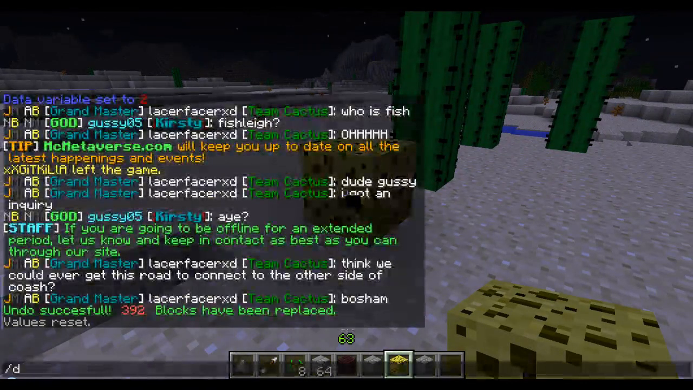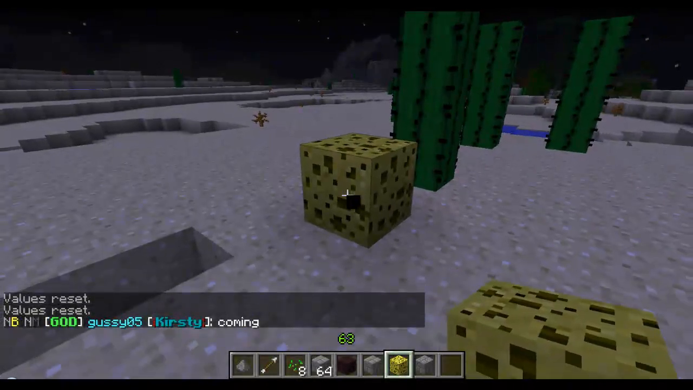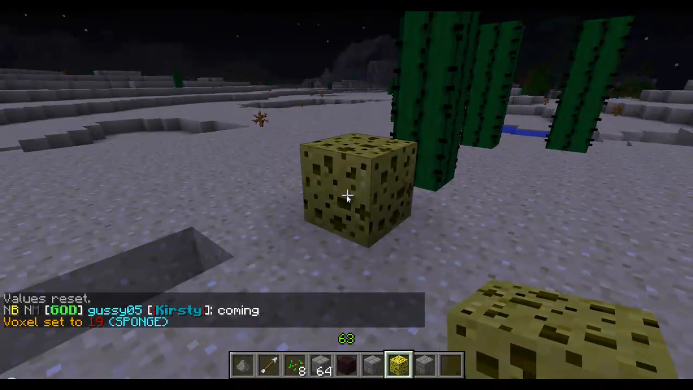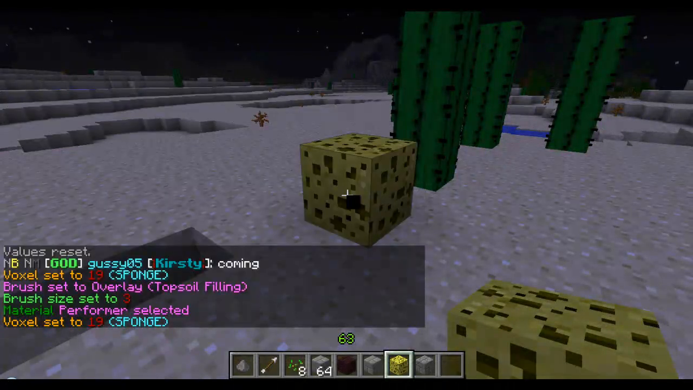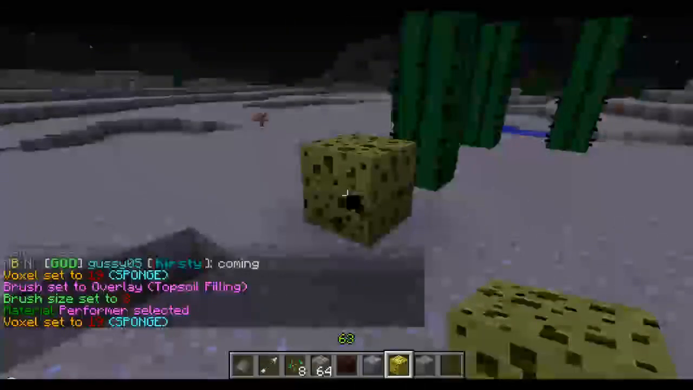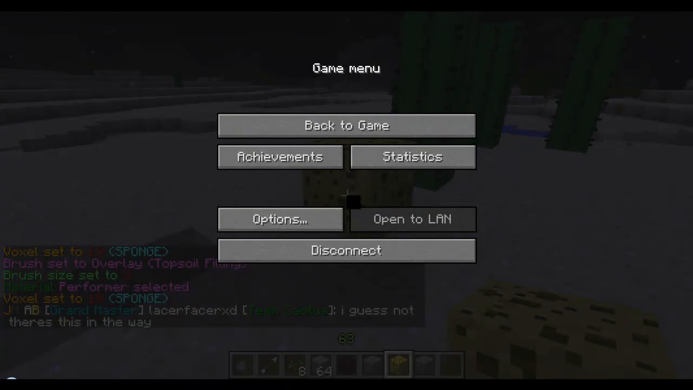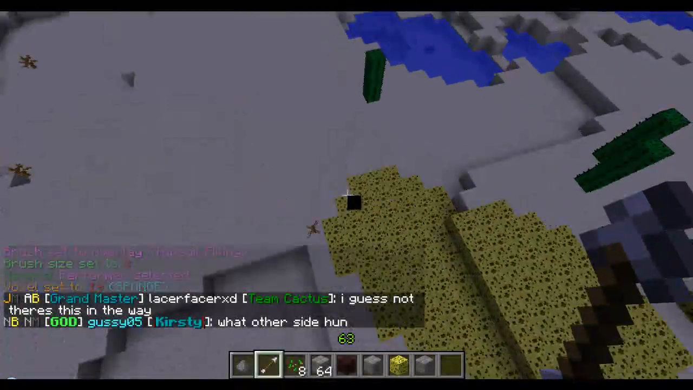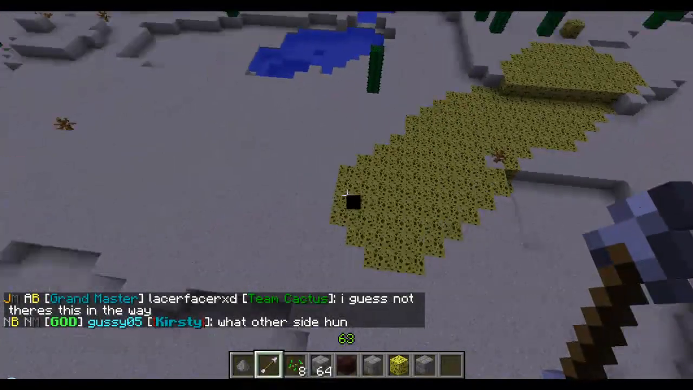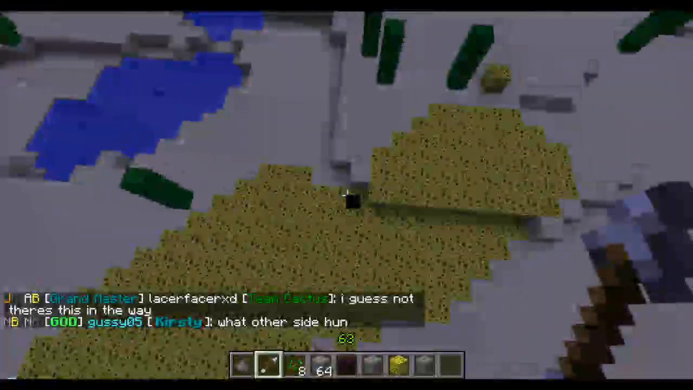Place a sponge, we reset our values, choose the voxel, B overlay. I don't know if over or overlay matters. Yeah, you can do either. And then your brush size is 3, which is small, but it'll work. And you're gonna fly around, and as you can see, it is overlaying